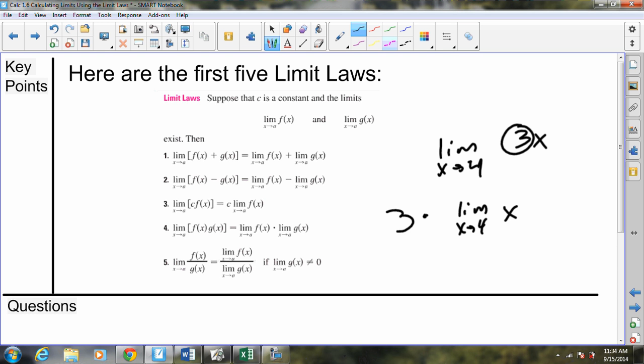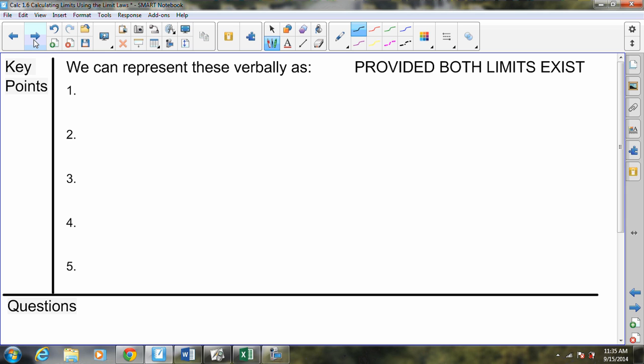The question was asked, why would we want to write it like this? Generally speaking, you don't write it. This is just being done to say, hey, these are the strategies you'll be able to use. You're allowed to do them. Most of the time, you're going to wind up doing this in your head. But if you're using it to, say, prove a theorem, you may want to write it up this way, using f of x instead of x. That way we could work with just f of x instead of 3 times f of x. Verbally, this is saying